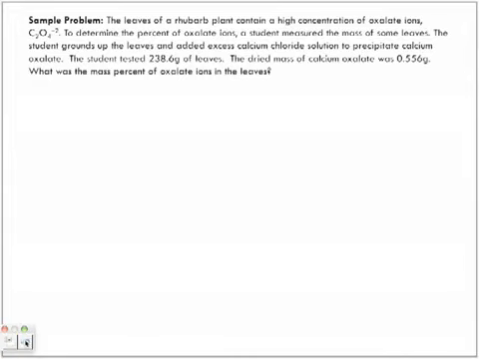Now we're looking at it and going, oh my goodness, this is a really long question. Right? So where do we start? Where do we always start? Formula, right? Our actual chemical equation. So let's start off with the chemical equation. I'll give it to you guys just so you can kind of know where we're going. So all we're looking at is we're trying to find the oxalate ion. Right? We formed the calcium oxalate in our